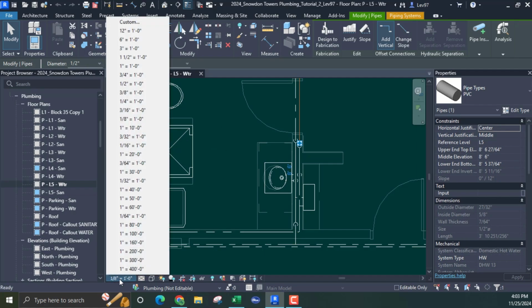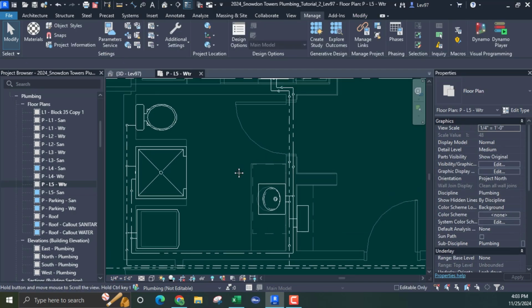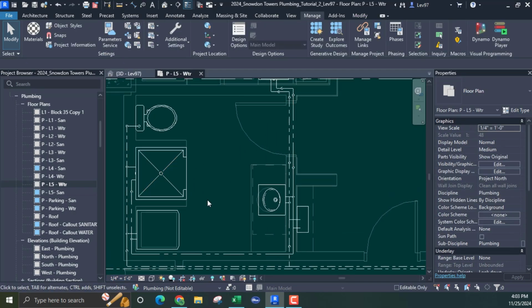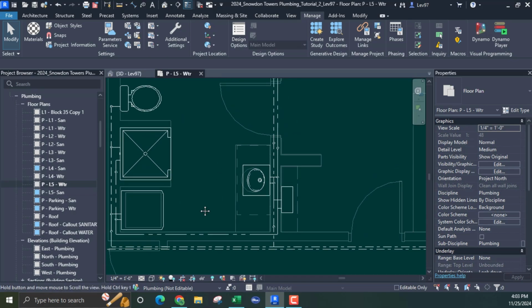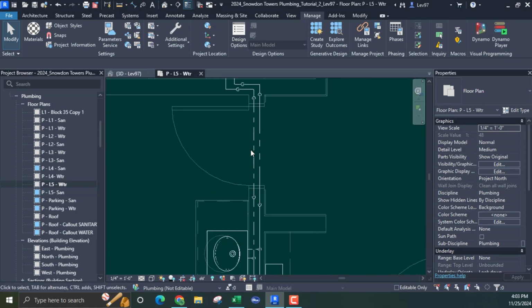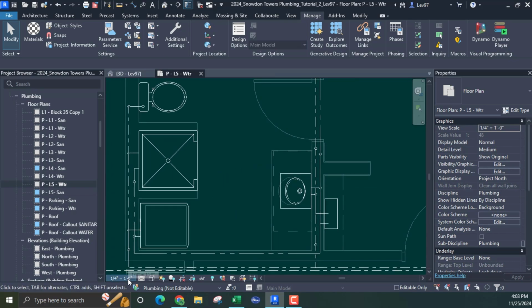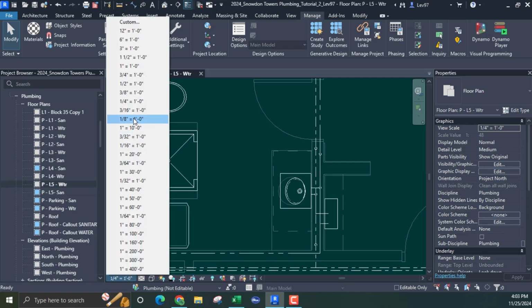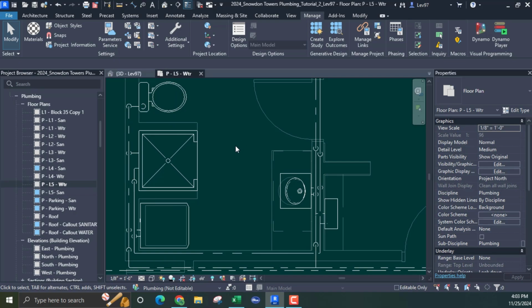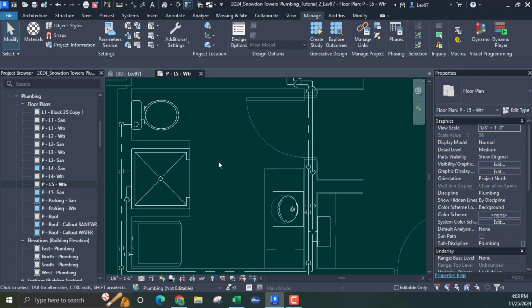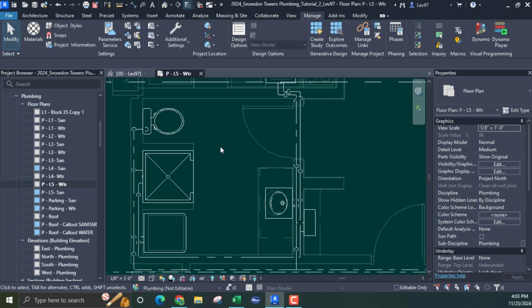Now let's suppose that this was a 1/4 inch drawing. You can see that they're more defined. You can see that that's hot water on the right, it's cold water on the left. But if you want this to be a 1/8 inch drawing, and you're looking for more definition for your line weights, line patterns, let's call them line patterns, then you want to go in and customize your